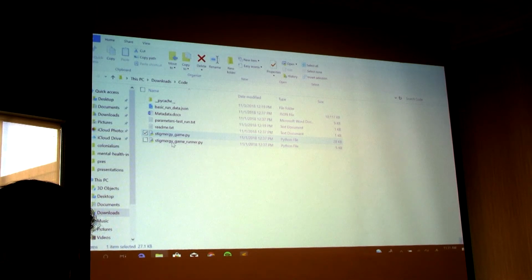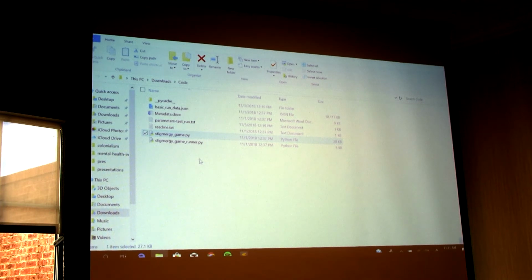So let's go back again, see what else is here. This is the file that you use to read it. This parameters test run, that's the data that came out of it when I ran it before. We looked at the metadata. So we've looked at several things. We kind of have an idea of the sort of things we want to ask. After we ask those things, if we get yeses back for everything, then we go in and make those changes.